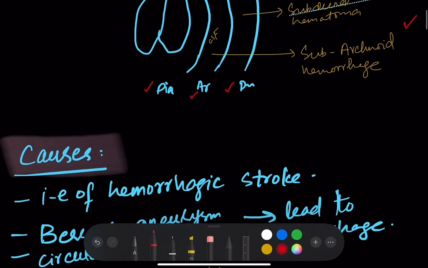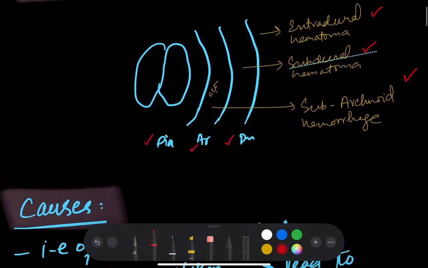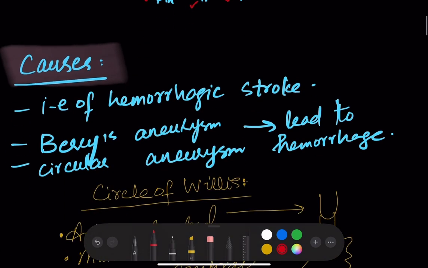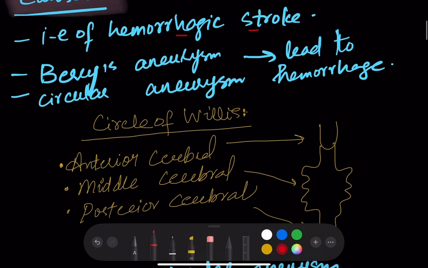So what are the causes of the subarachnoid hemorrhage? This is the subarachnoid hemorrhage, which occurs between the arachnoid and the pia mater. The causes are hemorrhagic stroke, that is, hemorrhage occurs and stroke happens. This leads to the subarachnoid hemorrhage. Then Berry aneurysm is also a cause which leads to the